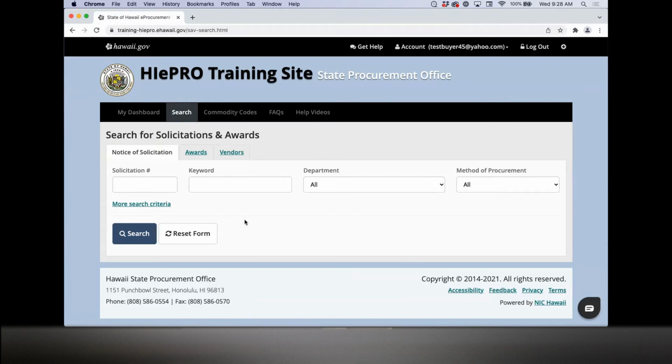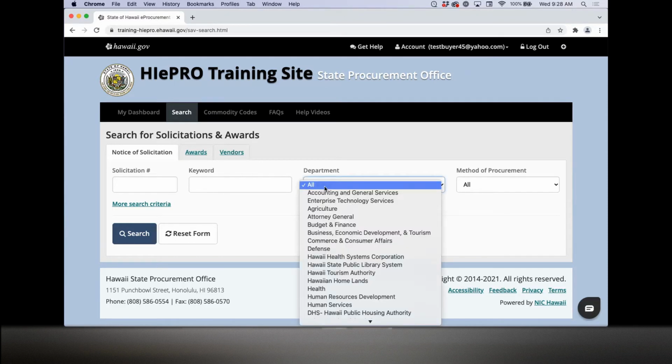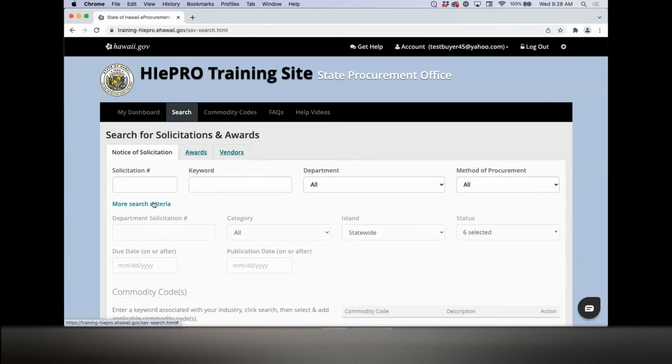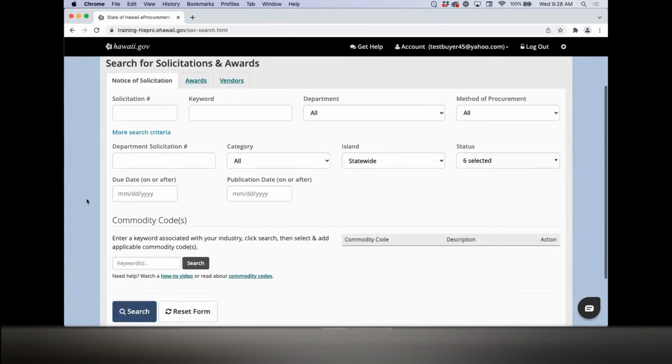Okay, so there are other search criteria. If you're searching for a solicitation, then you would come in here. If you don't know the solicitation number, you could use a keyword. I for sure would break it down by your department. So select your department, even the method of procurement, if you know which method of procurement it is. There's also more search criteria down here. For instance, if you have the department solicitation number and the buyer entered that on the solicitation, then you could search for that. If you know the category, the island,